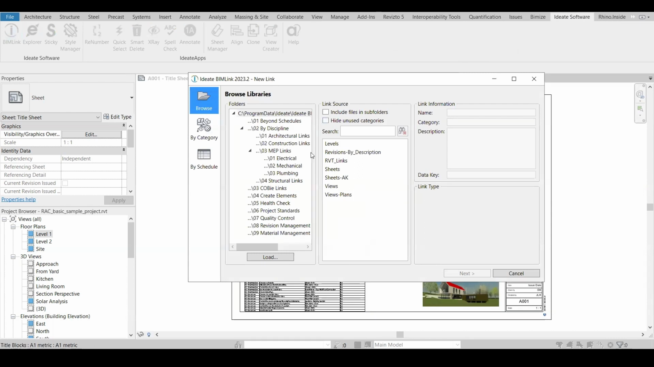Ideate BIMLink is awesome because it has a lot of preloaded folders and properties in here, and you can look through these and look into different options. But today we're going to be focusing on revision management, as previously mentioned. So we can click on that, number 8 on here, and we can click on revision on sheet. This will bring up the link information such as the name, category, description, data key, and instance. And this is actually very important to highlight where our data key for this is ID. So keep that in mind as we go to,